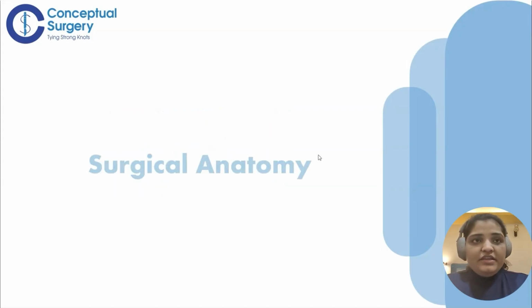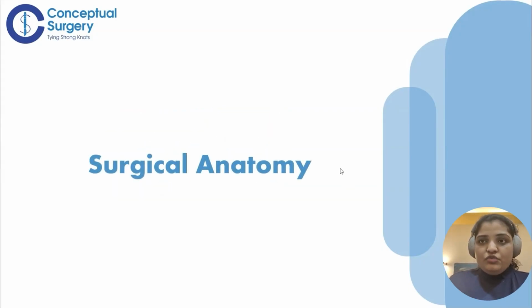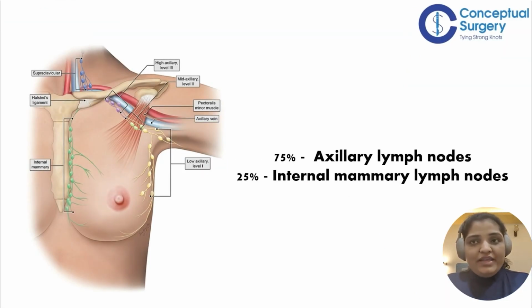So let's move ahead. When we are discussing it in relation to breast cancer, it is very important that we first discuss the surgical anatomy of the breast, especially the lymphatic drainage of the breast. We know that in the breast, the lymphatic drainage flows in two directions. Medially, it goes to the internal mammary lymph nodes, and laterally, they drain into the axillary lymph nodes. The axillary lymph nodes have the majority of the lymphatic drainage from the breast, approximating 75%, whereas the internal mammary lymph nodes drain about 25% of the breast tissue, mainly the inner and the medial